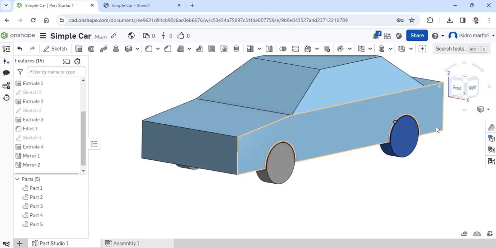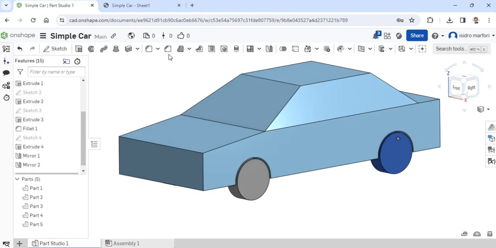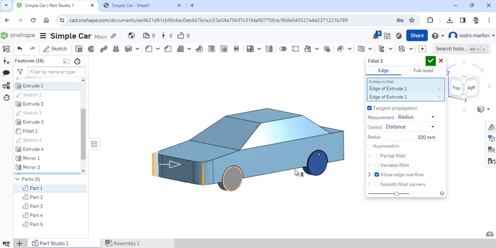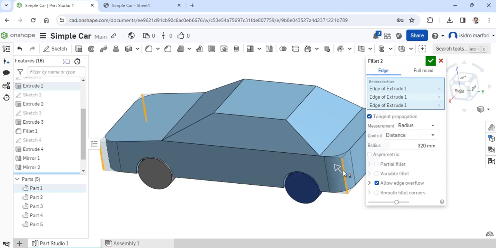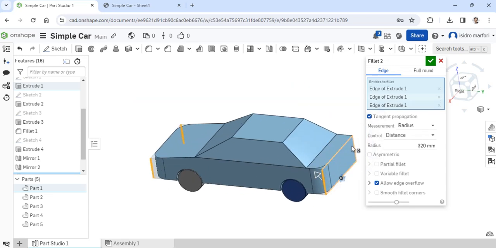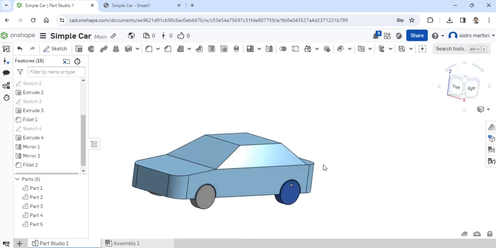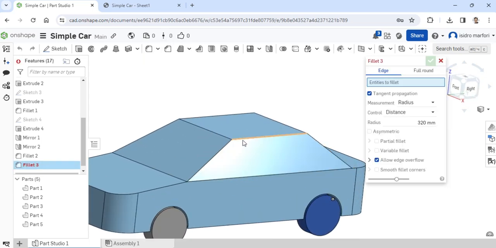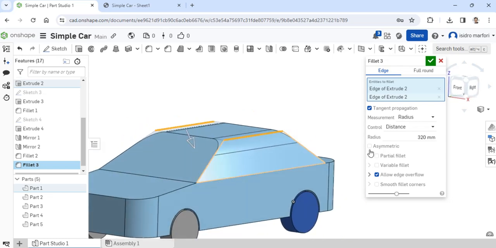So some of the things that you would want to do here is to dress it up. I always try to use the fillet. Fillet is always nice to use. See, like that. Create a bit of round corners for our simple car. Except that, maybe we could add more fillet for the roof to make it more, I don't know, I guess elegant, if you could say that.